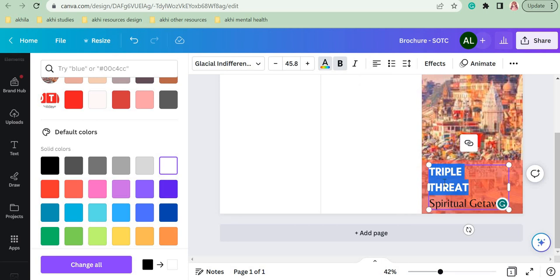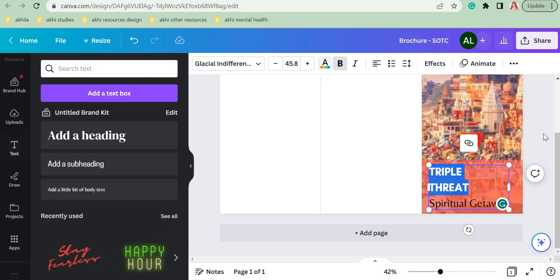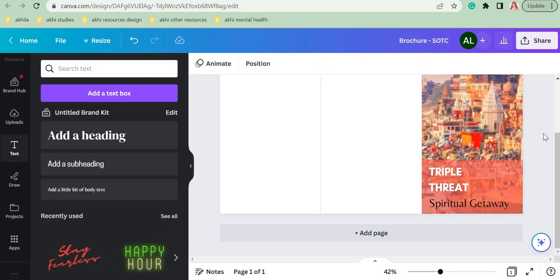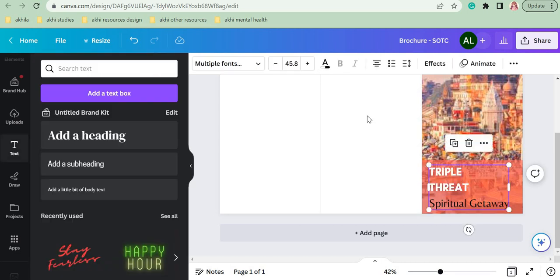Okay. So for this class, this is all you need to know. There is right alignment also, so the words will start from the right side then. Okay, that is what alignment is. So now I have changed the alignment to left alignment. So now that is also done. So we have done three to four things. What did we do? First we changed the font, then we changed the color, then we changed the bold option, and then we also did the alignment. So this is how you do it.